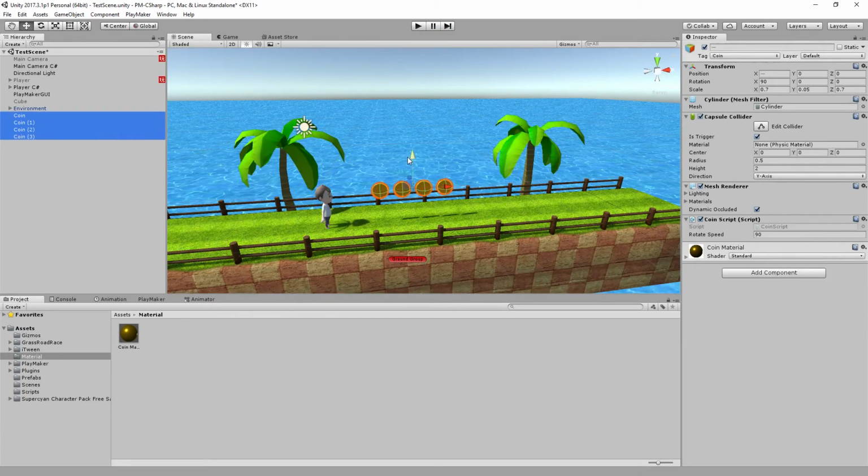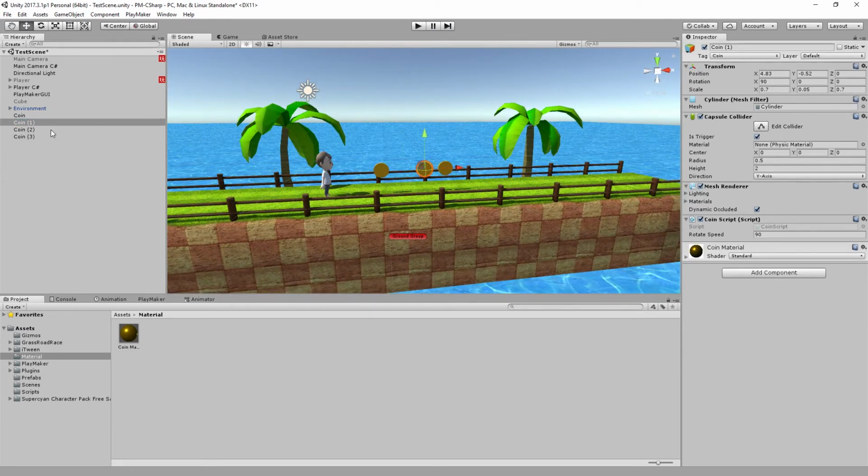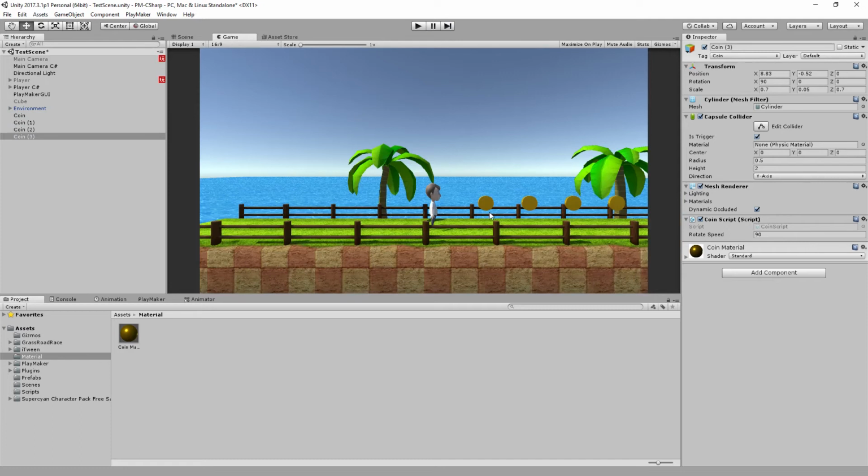Okay, so we can move this a bit down here, and I'm going to make each of the coins much further apart, like that. I think that will be better. And save the scene, and now we need to create